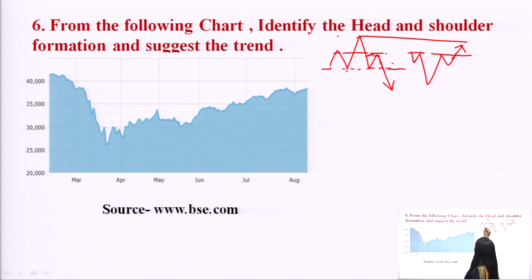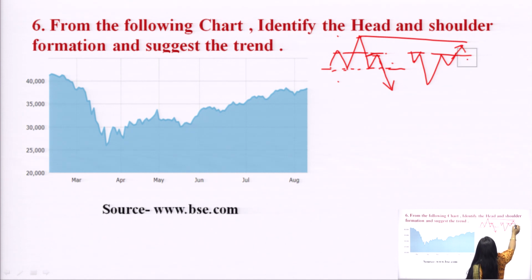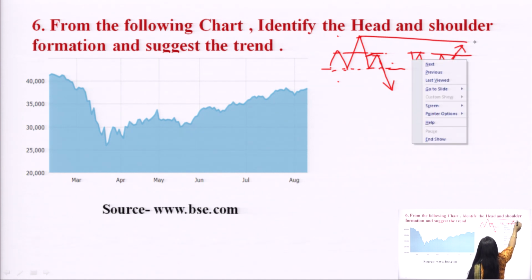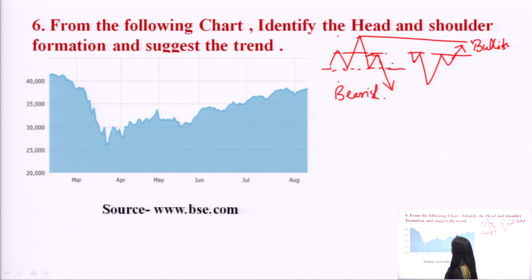The head and shoulder formation indicates the bullish to bearish phase, and the inverted one indicates the bearish to bullish phase. So, what does it indicate? It indicates that there is a bearish phase in the future, and the inverted one indicates that there is a bullish phase in the future. So, if we look at this whole chart, where can we find this kind of pattern? If we see in this chart, this pattern is visible.